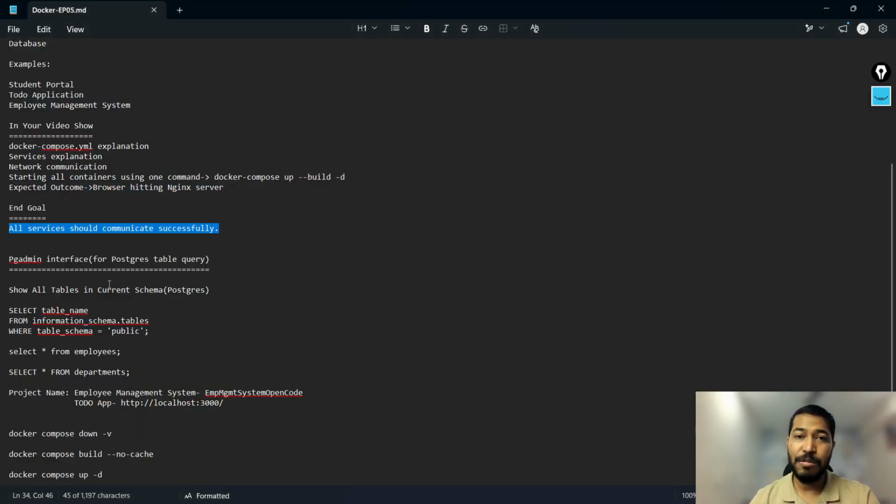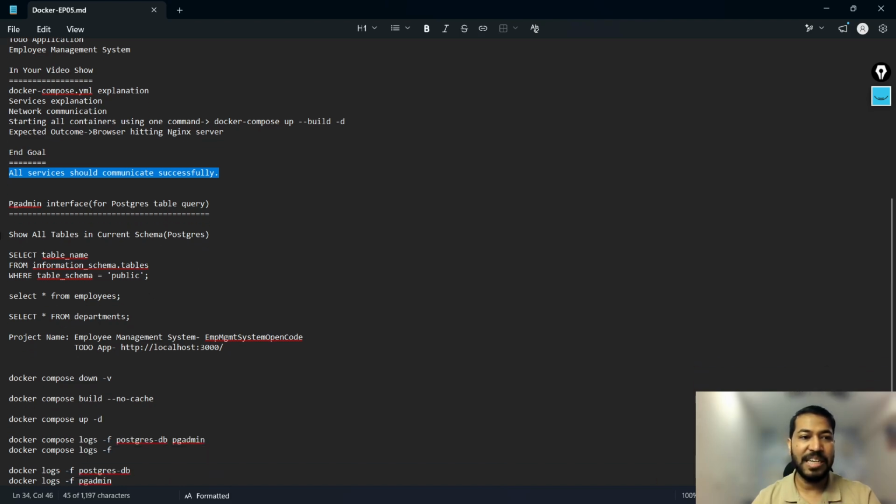So that thing also, as an additional point, I have added in today's session. So I hope you will like that as well. Then I've included all the basic commands that you can run, and you will also learn, as a part of today's session, some additional commands, like how you can, through the docker command, stop all the containers and remove all the stopped containers,